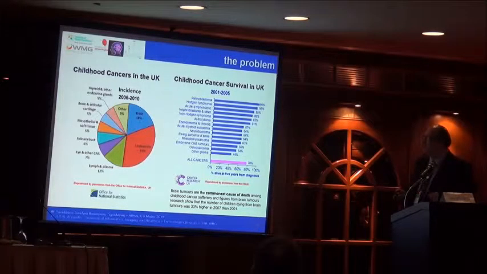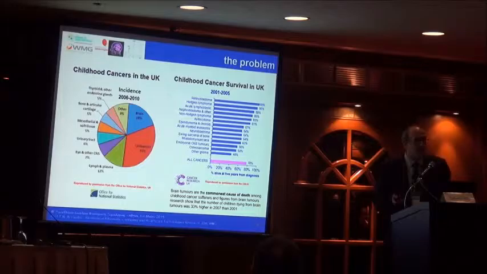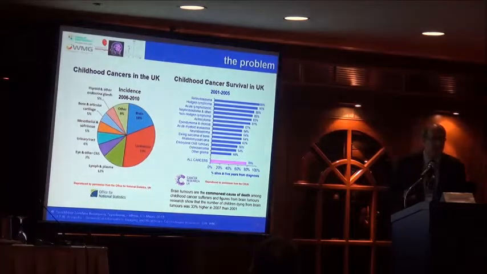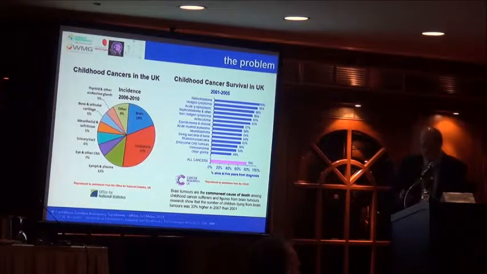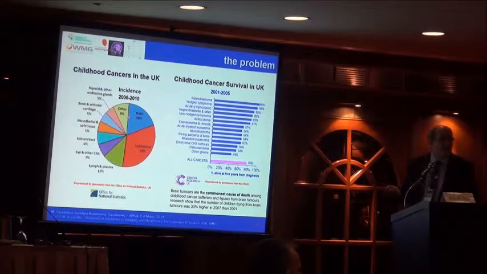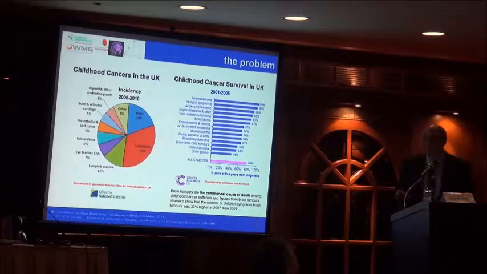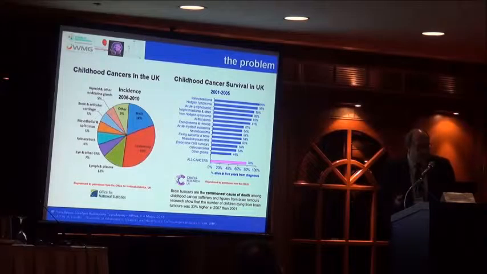if you look at childhood tumors across the UK, the brain tumors, although it is a very rare disease, we don't have, thankfully, too many cases every year. You can see that from the samples we have. It is still a painful disease for children. So about 18% of these tumors appear in the brain, about 7 to 10% in the rest of the central nervous system. And it's the most common cause of death in this area.